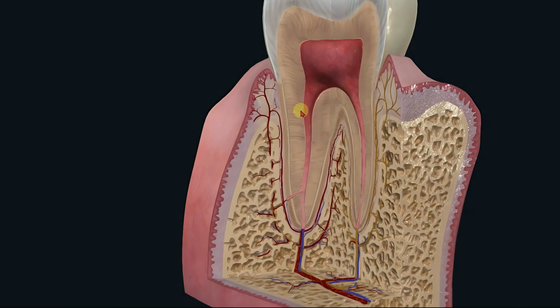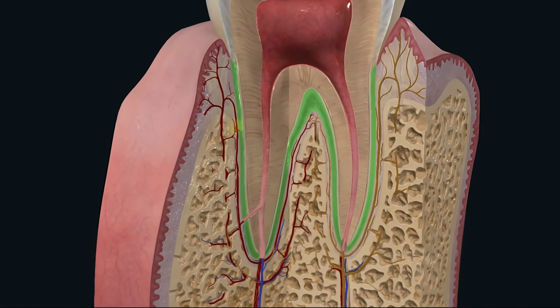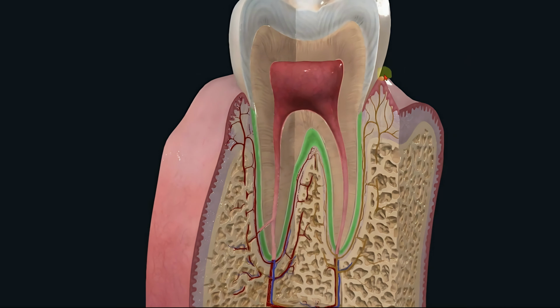Now, underneath the enamel, you can see there's another layer. Let me highlight it for you. This is the layer covering the root surface, this green structure right here, it's called cementum. Cementum isn't as hard or as tough as enamel. Let's think of it this way. Imagine the whole tooth is like a nut. The dentin, this area right here, the dentin is like the meat inside.